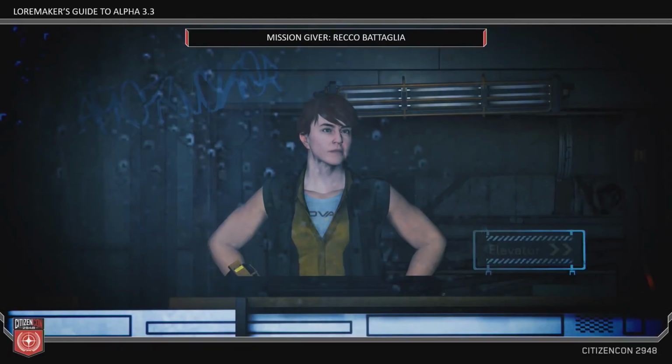Recco Battaglia. We have a new mission giver who is currently going to be in LEAVSDEN, but LEAVSDEN is going to switch, eventually when we switch LEAVSDEN to the AR Regency, once LEAVSDEN goes back to the system it's supposed to be in, Recco will stay. But again, going back to what we were saying earlier about building these mission givers to not only fulfill fun character moments, but also new gameplay stuff, Recco